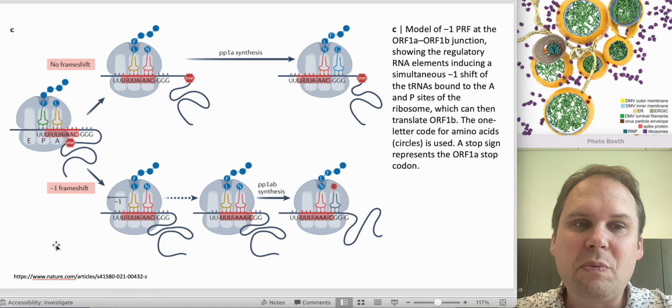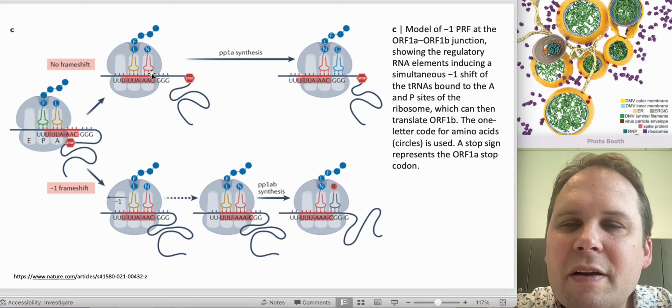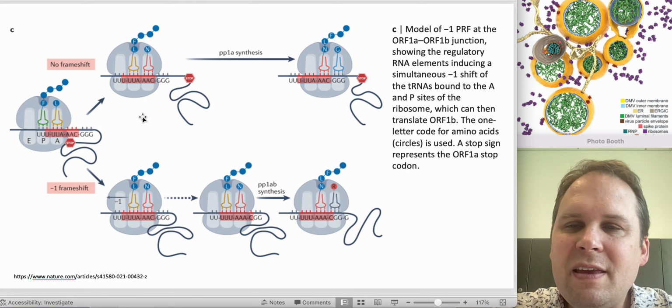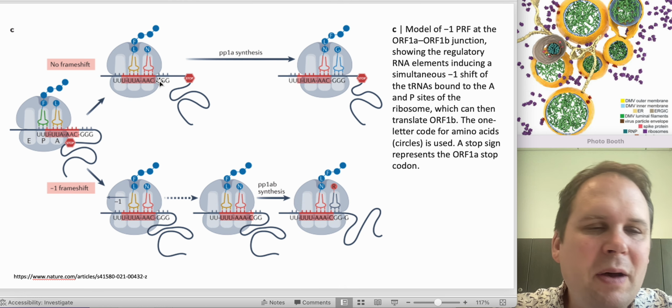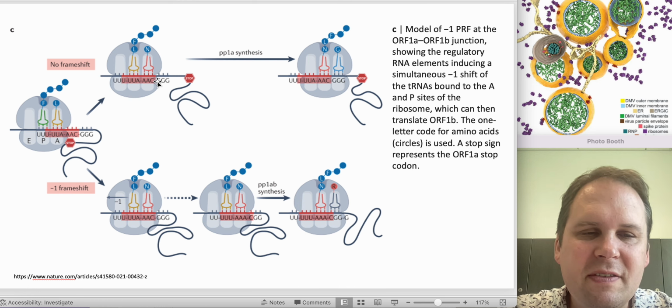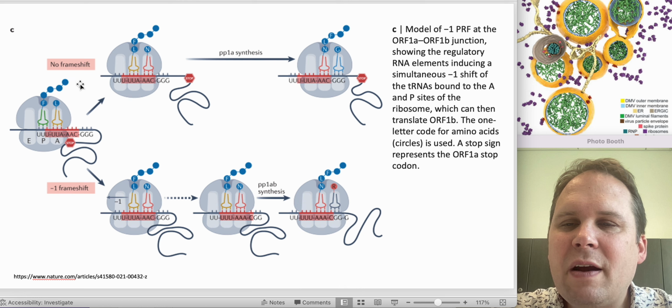All right, and here's what's going on. So the gray things are ribosomes. We've got our large subunit on the top, which is going to do the adding of the amino acids and accepting the tRNAs. We've got a small subunit on the bottom, which is going to slide along with the big one and help recognize where we start and stay in frame.